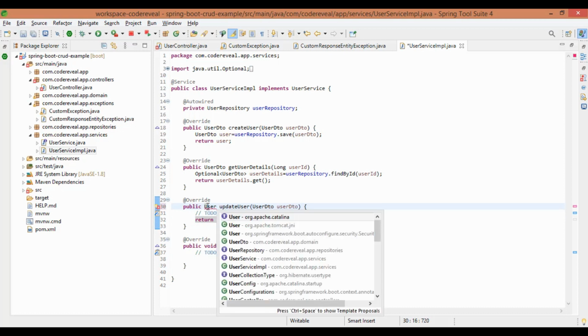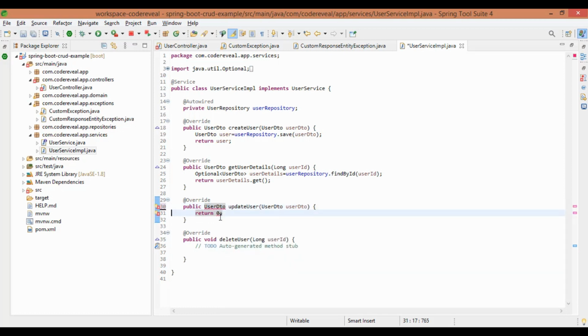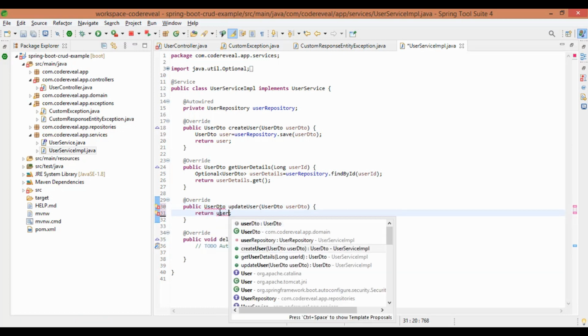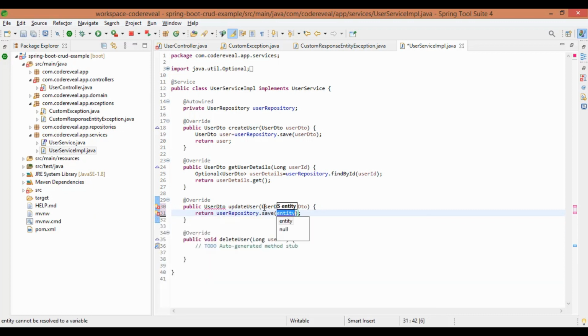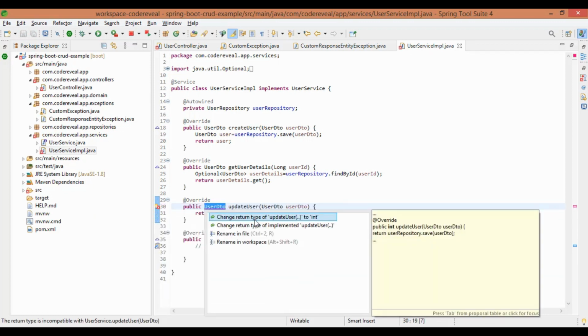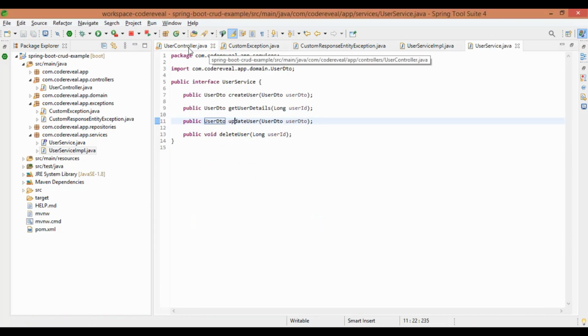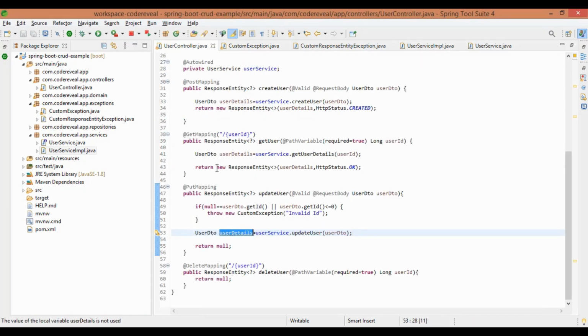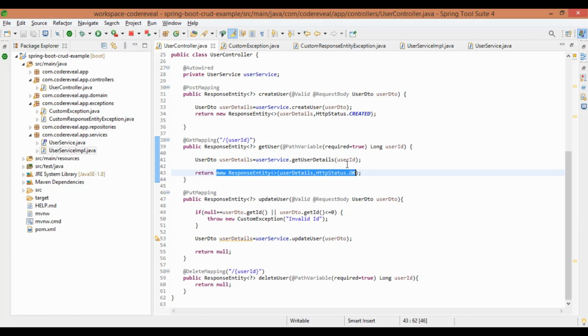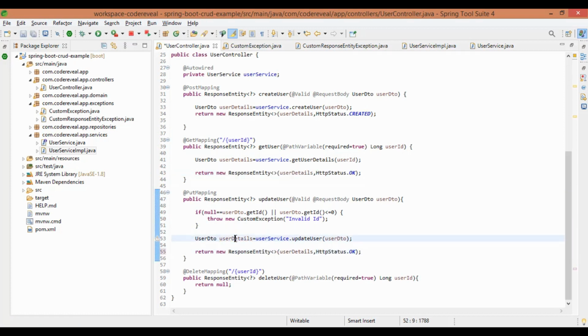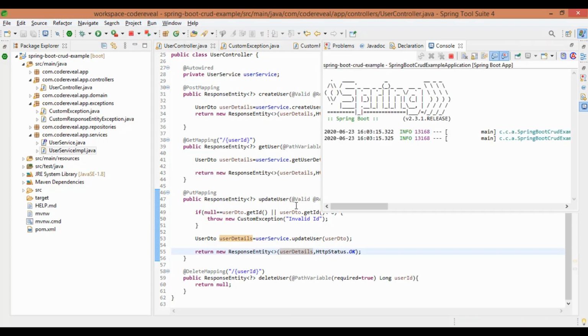Let's add some code in the user service class also. So simply here I'm saving with the user repository. Then we will return the response entity, whatever user detail we get.